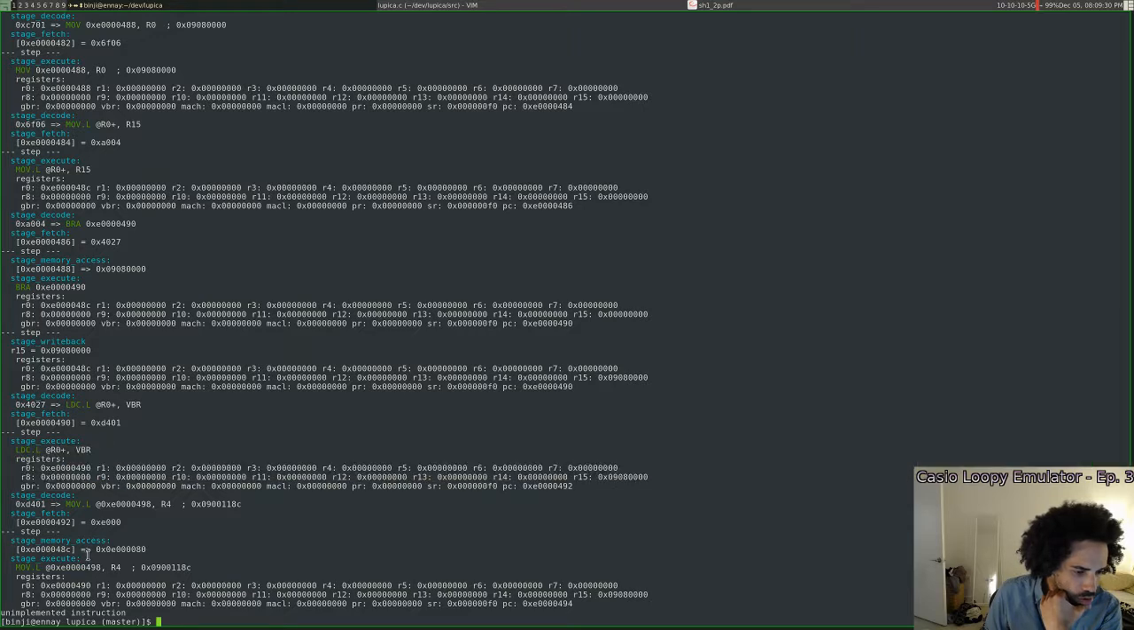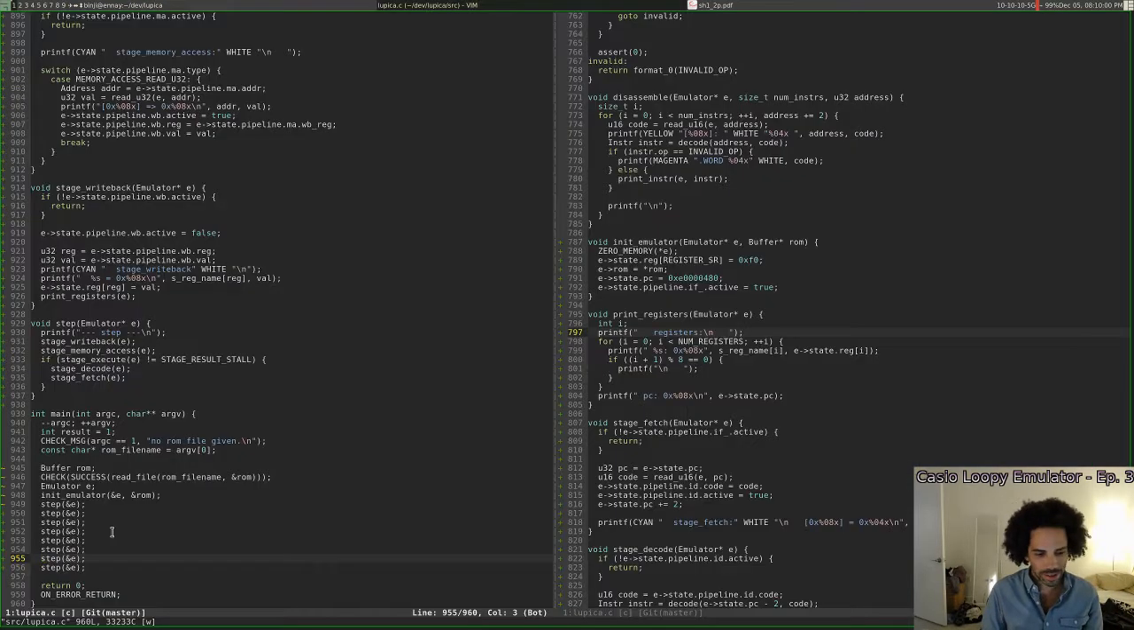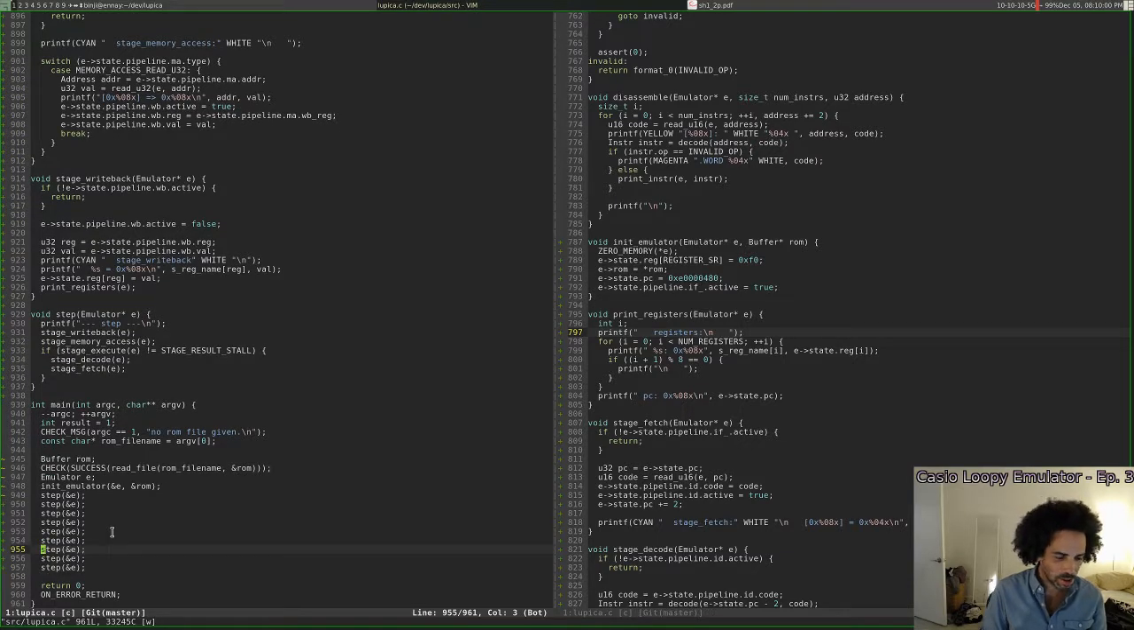There's our execute. Oh, there's our memory access, and then we have to do two more steps. So actually what I'm going to do here is, what do we have? 1, 2, 3, 4, 5, 6, 7, 8, 9. Rather than have to do this, I'm just going to do